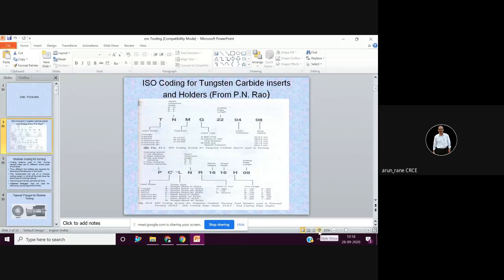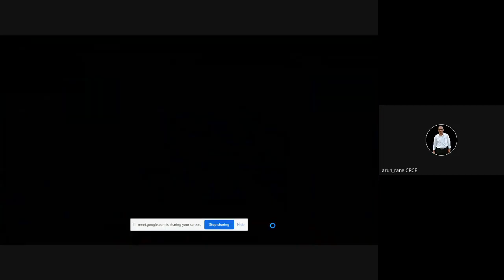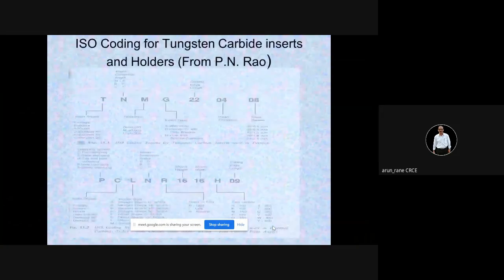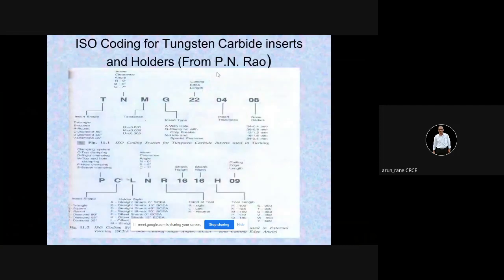This is for the insert and this is for the holder. Now by now you know that there is a holder and there is an insert.